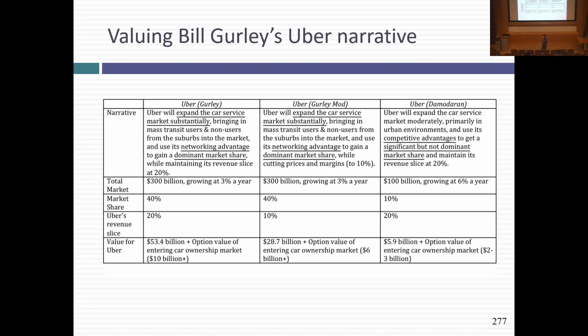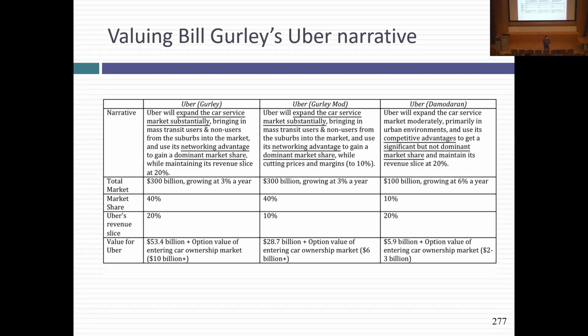I sent him the value and he said, oh, by the way, I should tell you that this 20% market share is not long for the world. We don't make 20. I almost told him, I know this already. Your Uber driver in LA told me. I said, that's easy to fix. I took my spreadsheet because the 20% was an input and made it 10% of the fare. Guess what? The value drops to 29 billion.